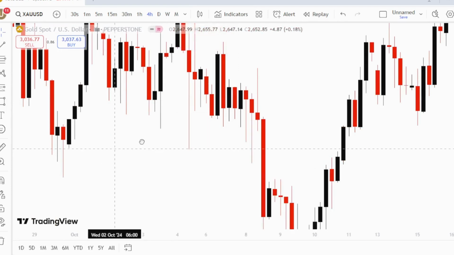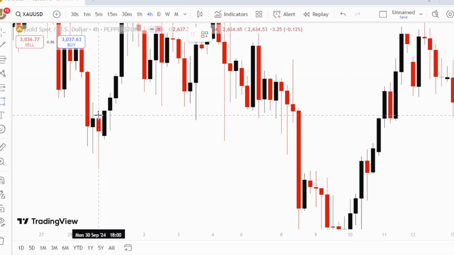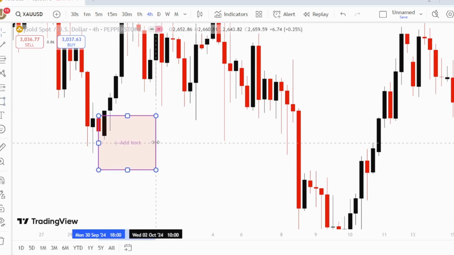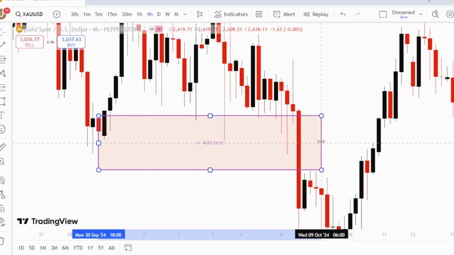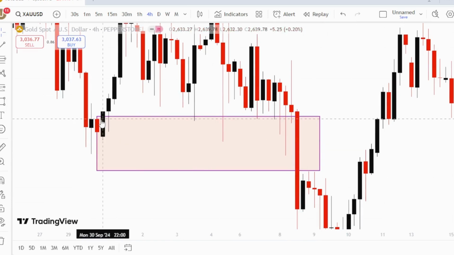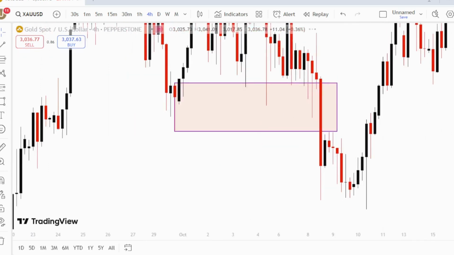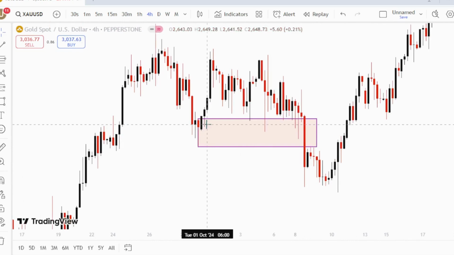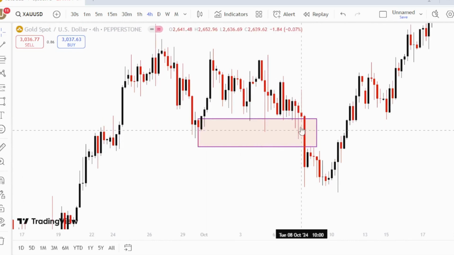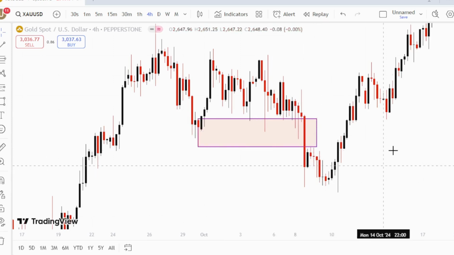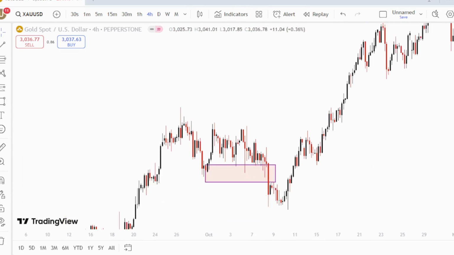Okay, so let's look at the proper way of marking. So we mark this. You have to mark the whole of this. Because this is the same zone here, you can stretch it here. We can see what price did. Price came to this zone here and found it difficult. First candle, second candle, third candle, fourth candle, fifth candle couldn't close until price was able to close below this, retest the range, and went down a bit before price started going up. And that is because